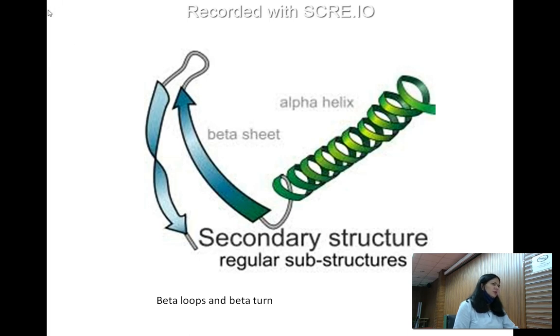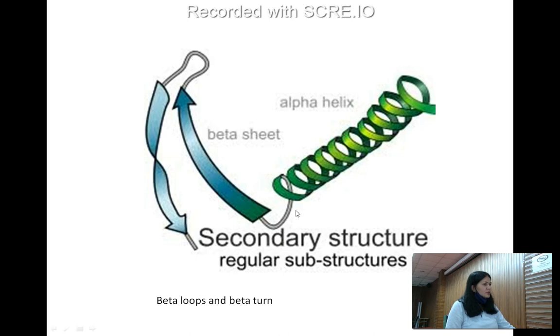One example is the beta loop present in the antibody molecule, and this beta loop can act as a binding site for the antigen during antigen-antibody interaction. Clear? So this is an example of a secondary structure, the beta loop, mostly made up of polar amino acids and located on the surface of the protein, and they tend to connect two adjacent anti-parallel beta pleated sheets. Okay? Any confusion? This beta loop.